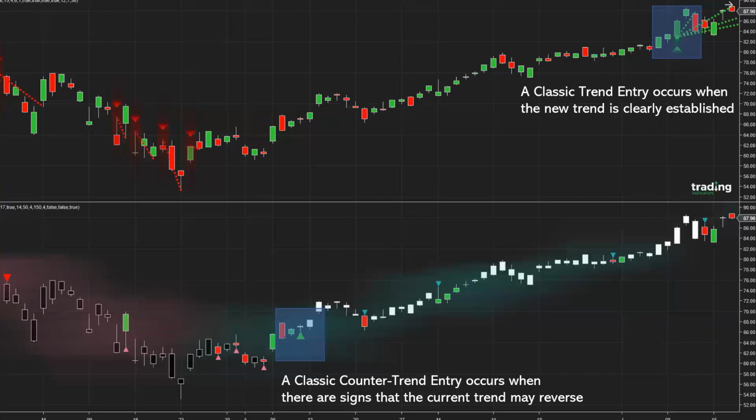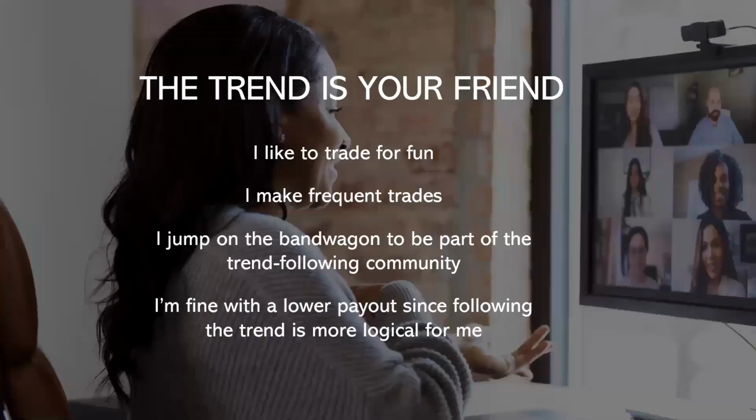So in counter trend trading, if you contrast this to trend trading, you notice that you are getting into the trade much, much earlier. In this case, at a much better price. It may not always work out like this. In this case, it worked out beautifully. You may get stopped out and the predominant trend may continue, but if you are right, you're in for a big move. All right, so this is the basic difference between trend entries and counter trend entries.